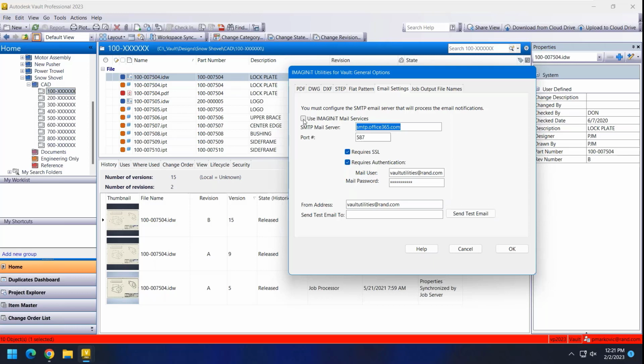Well, we simply have added a little checkbox here to use the IMAGINiT mail services, okay? So you don't need to fill any of this out. You can just simply check that box. And what happens is these utilities communicate back to us, and we will send those emails out utilizing our SMTP relay for you. This has also been added now to the server utilities. So if you're using our server utilities for backups, you want those notifications. The job manager, that's another one that sends out emails. So wherever we're sending emails using any of our utilities, you'll have the option now to just use the IMAGINiT